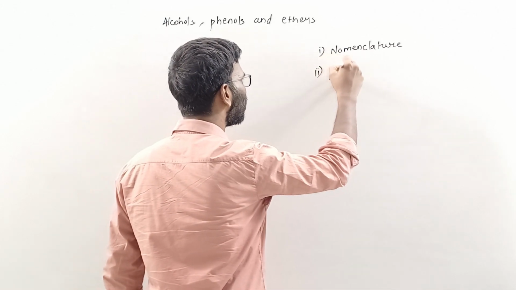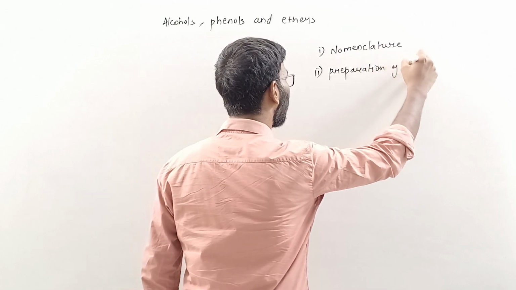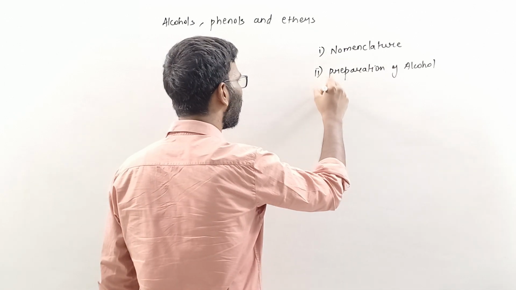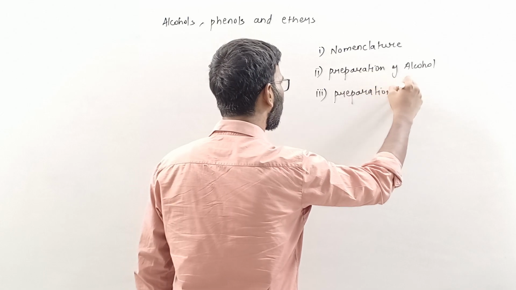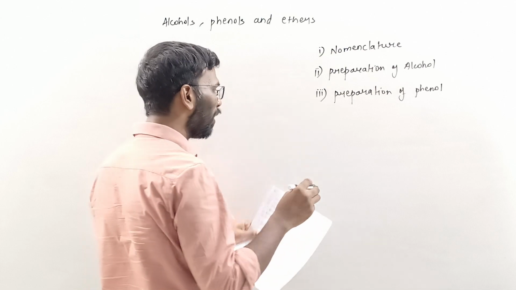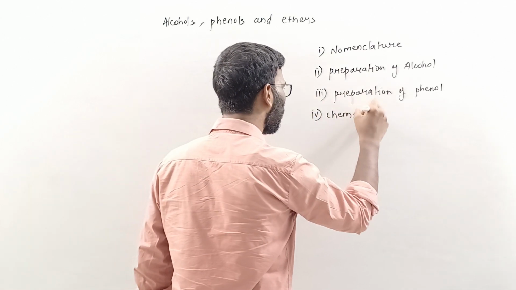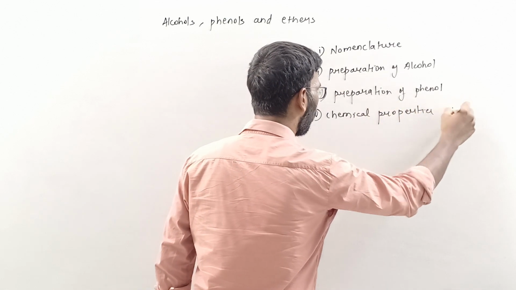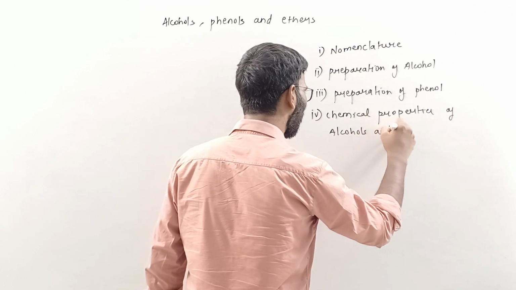Second is preparation of alcohol. Then preparation of phenols. Third is preparation of phenols. Okay. Then chemical properties. Fourth is chemical properties of alcohols and